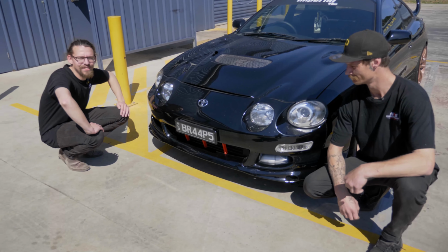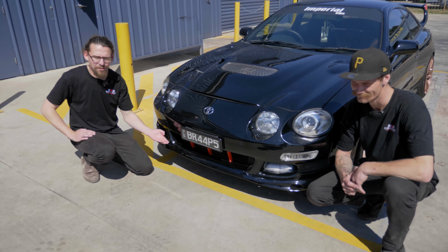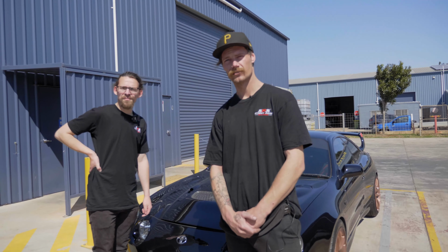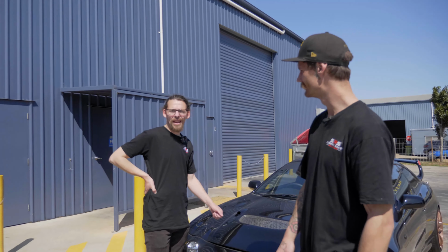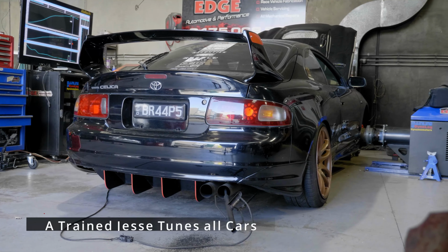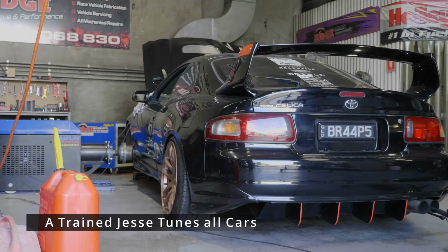What are you looking at? This is Braaps, little Celica. It's kind of like a Pokemon, the name speaks for itself. It Braaps. Braaps is back in for a tune. George is going to tune this one. We figured George knows what he's doing with computers, so we're just going to plug it into the tuner